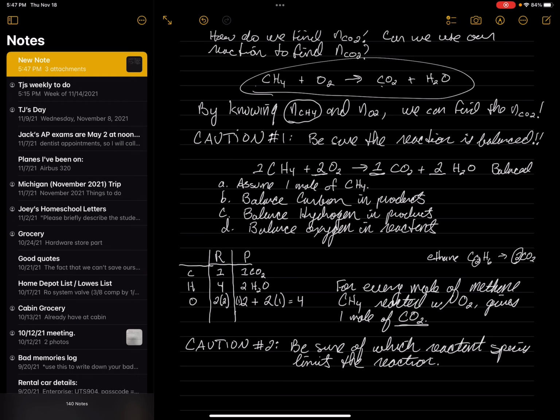I'm going to have either more methane than what I have oxygen available to react with, or I'm going to have less methane than what I have oxygen available to react with. And whichever species is less is the species that's going to limit the amount of products I make. And we call that species the limiting reactant, the reactant that runs out and causes the reaction to stop proceeding,